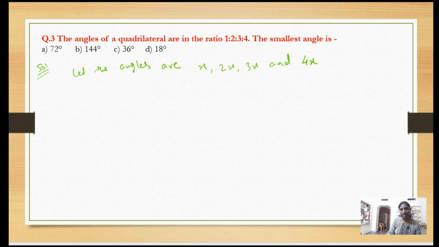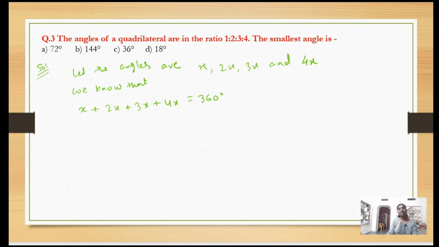We know that sum of all the angles of a quadrilateral is equal to 360 degree. So we have to write x plus 2x plus 3x plus 4x is equal to